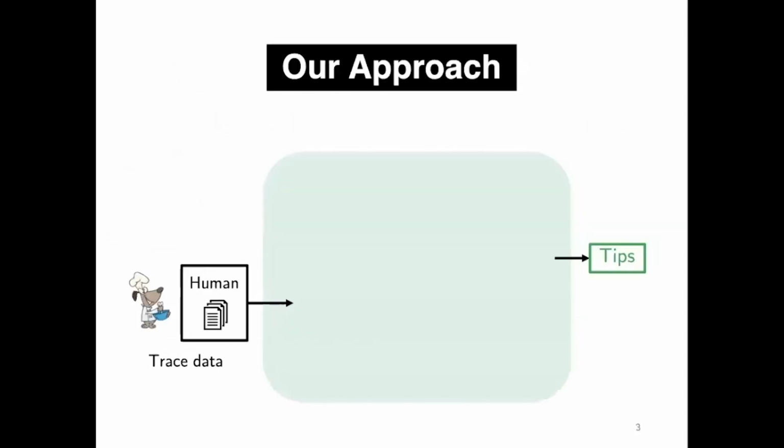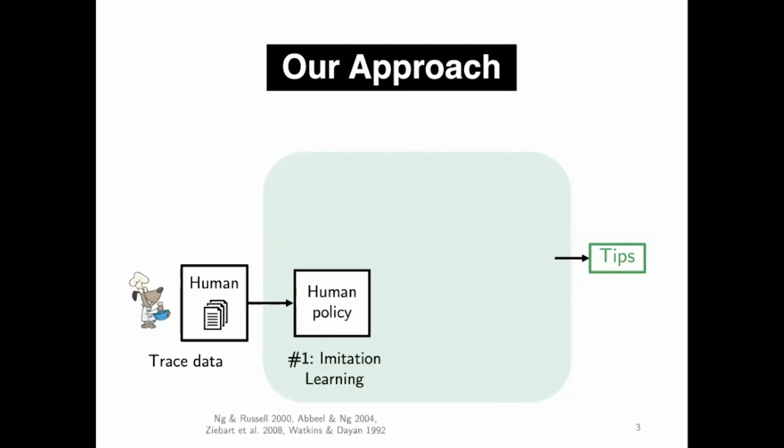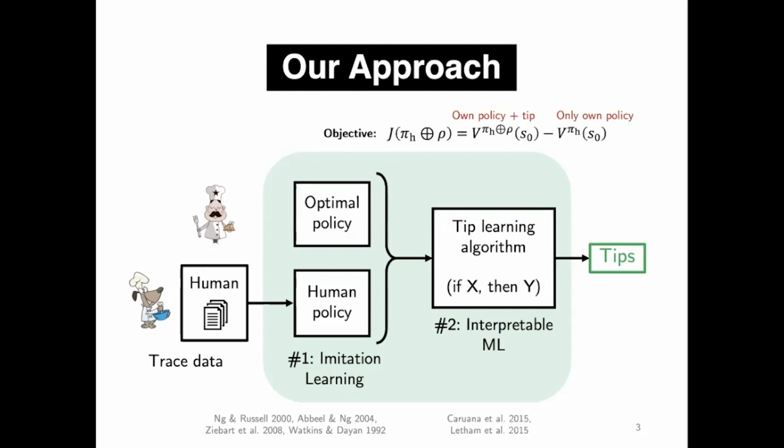So how do we do this? The first step is to learn how the human worker makes decisions. And here we're using imitation learning, particularly to learn a Q network that approximates the long-term value of the actions taken by the humans. Then we derive a novel objective that captures the discrepancy between the actions taken by the human policy compared to the optimal policy, and select the tip that best bridges the gap in a way that accounts for which actions are consequential for achieving higher performance. And of course, we want it to be very interpretable so that humans can easily understand and follow.